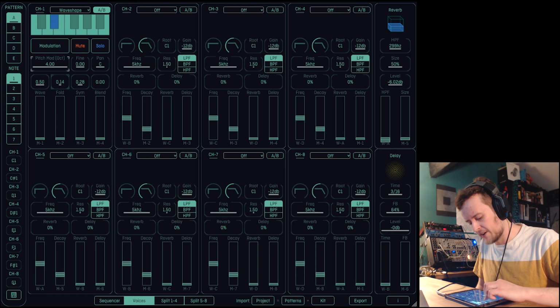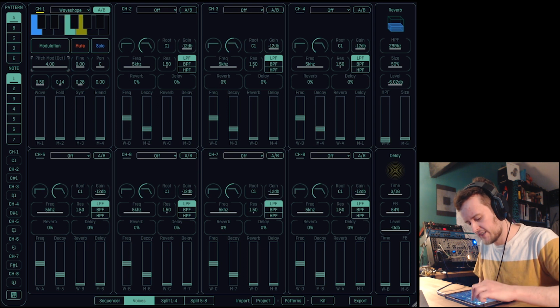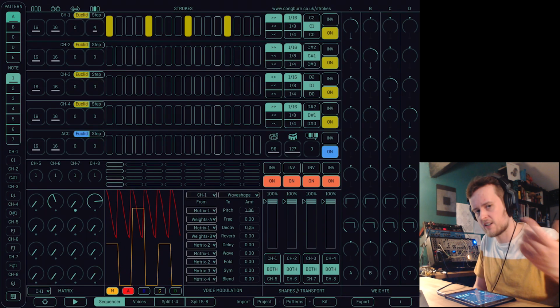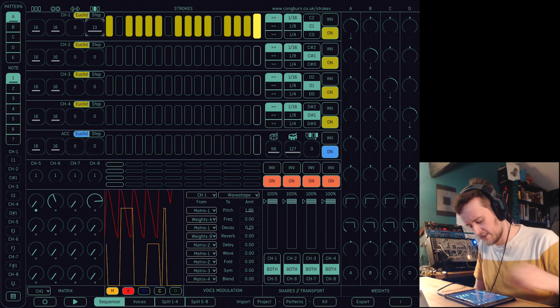Now you hear it's quite inharmonic at the minute, so what we can do is drag my finger across here and turn off all the notes except for C, and then I can individually bring notes in and out. So this sequence is playing on matrix channel 1 on the first rhythm channel. So if I increase the strokes here,